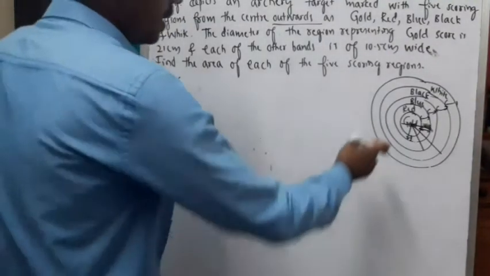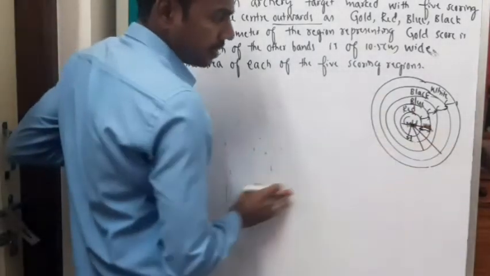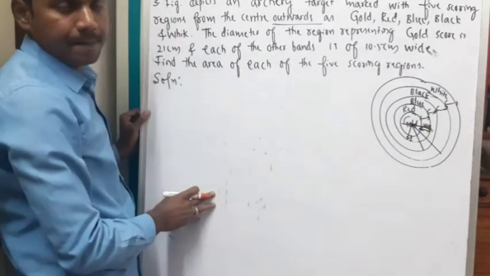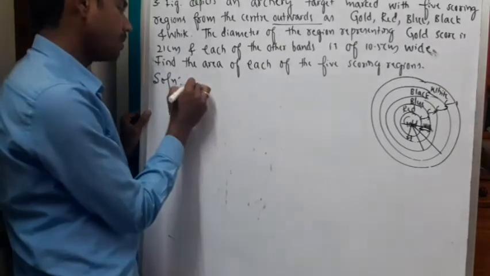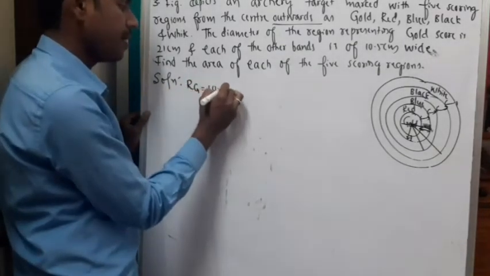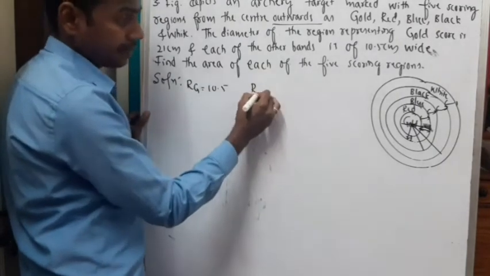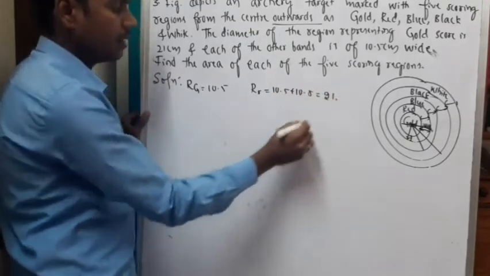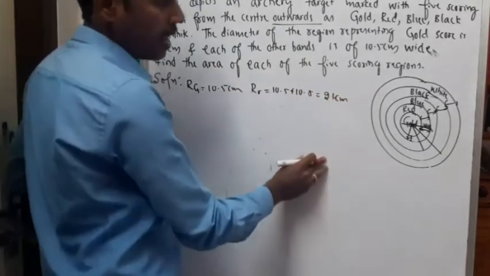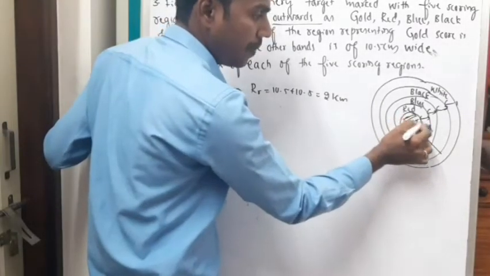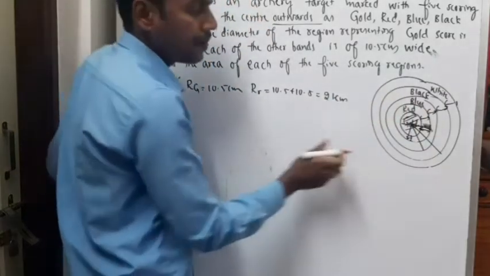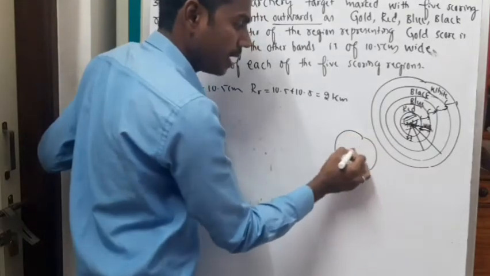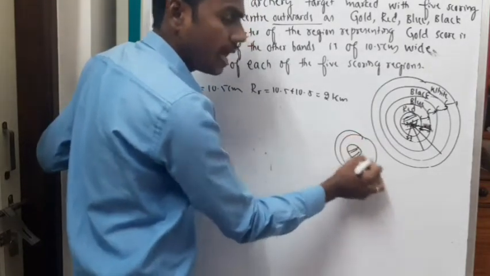Area of the red region is equal to, see, what is the radius of the red region? How can we find? So the gap of 10.5 is there. Now, RG, our gold region, is 10.5, and our red region is how much? 10.5 plus 10.5, which is equal to 21 centimeter. Now to find the area of the red region, the gold region should be eliminated. Only this area needs to be calculated. So the total red region, in that, if I remove the gold region, I'll get the area of the red region.